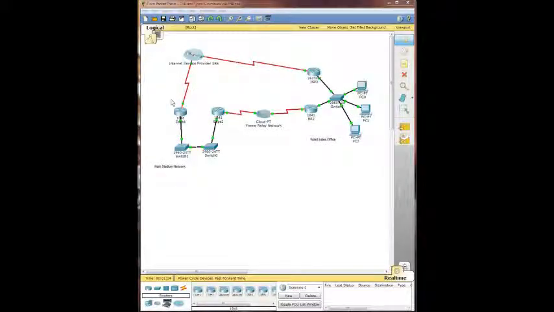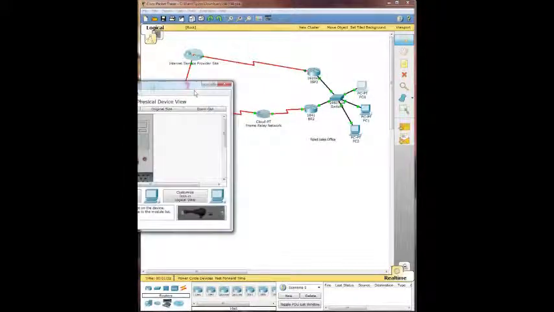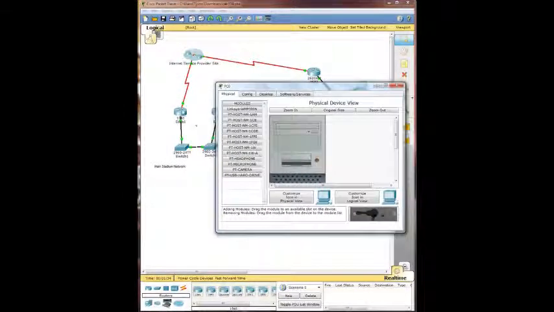Hi there. Today I'm going to be observing dynamic routing and looking at the behavior when we use static and default routing only, and then compare it to the behavior of when dynamic routing is set up. So the first thing we want to do is open up PC0, and then open up a command prompt,